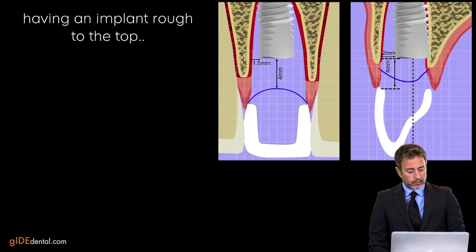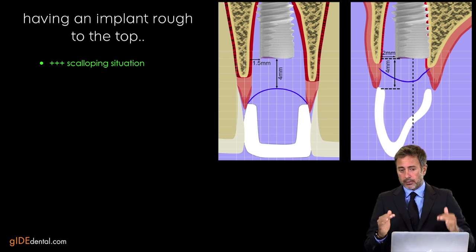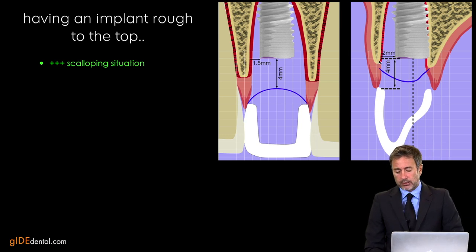So, implant positioning, and having an implant rough to the top: we understand that this might be beneficial for the aesthetic zone, because in the aesthetic zone we have a scalloping situation. We know from the literature, from Spear, Kois, and others, that there is a scalloping in the aesthetic zone of approximately 2 to 2.5 millimeters, which means that when we place an implant epicrestally or slightly subcrestally in the extraction zone, like you see here,